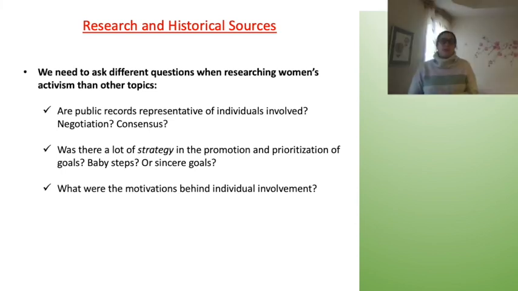And the final thing here is to think about that public sources, or a lot of the records left by activists and social movements, don't necessarily tell us individual motivations. So by the time records are produced and preserved, again, like speeches being televised or large meetings being held, these people have already shown up. Individuals have already come to this cause and supported it before it gets to that point of being really public.